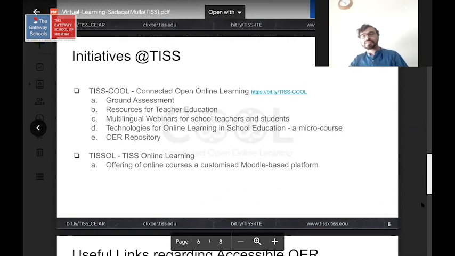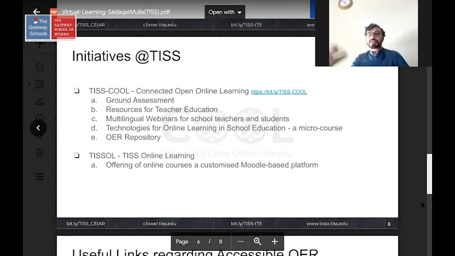Since April, we started what is called the TIS School initiative, Connected Open Online Learning. We were quite fortunate that we had a huge infrastructure. We have hundreds of teachers as part of virtual COPs, communities of practice. As part of the CLIx, in the last 4 years, we reached 500 schools and the teachers within them, etc. So we thought we should share our experiences and also put out the resources that we have,